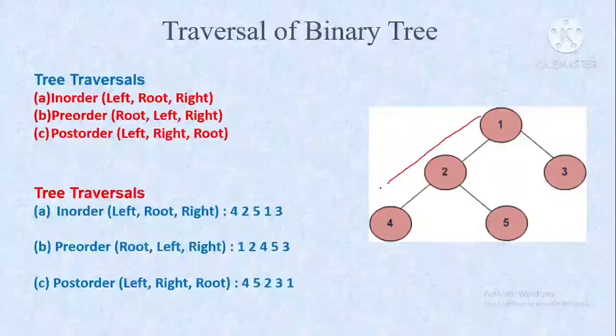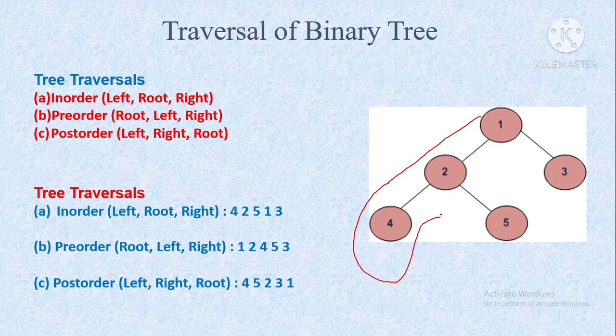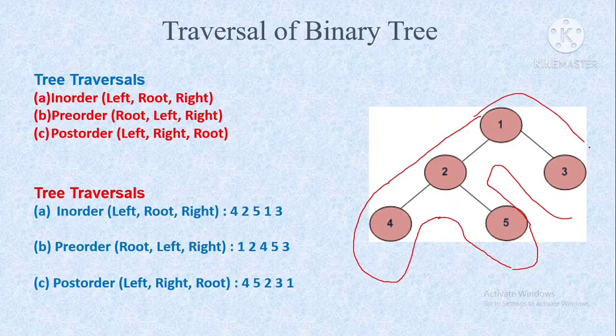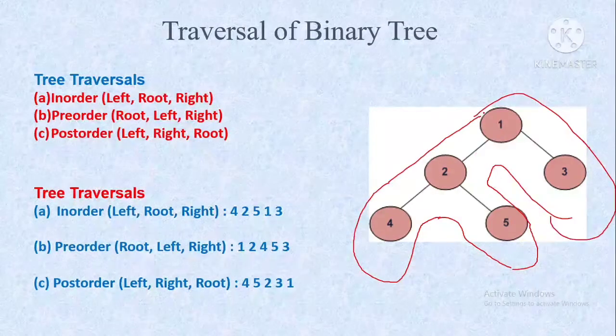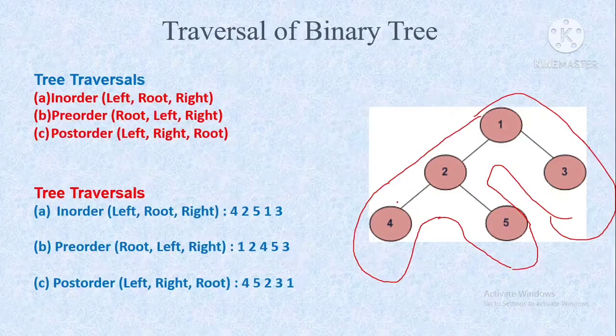First of all, if you want to traverse a tree, you should use this particular method. Like this, you will again go back to this root node. This is a path. You have set a path, right? Like this. And then at last you have to reach this root node.